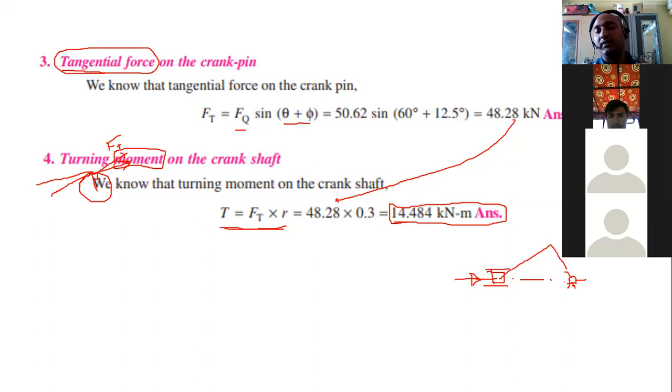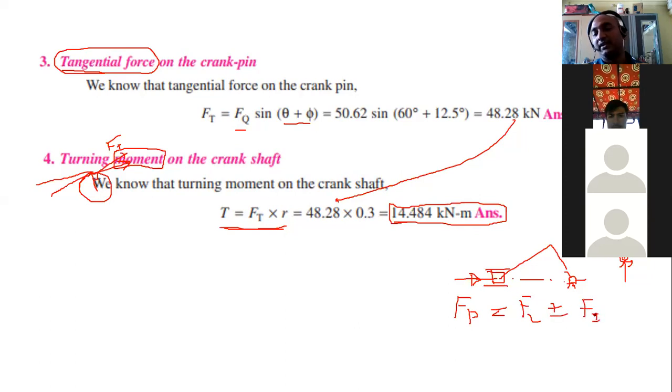But if suppose it is vertical engine, what will happen? If the engine is vertical, it means that the piston is moving up and down. Okay, this way. What will happen then? So this is your crank, and this, sorry, connecting rod, this is crank. And suppose piston is moving in this way. So there is small difference in vertical and horizontal engines. In horizontal engine, always remember, FP is equal to FL plus minus FI.